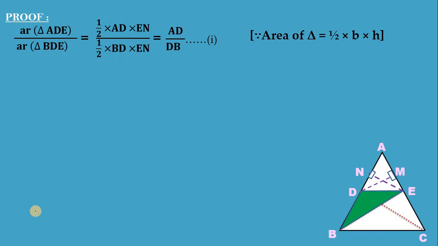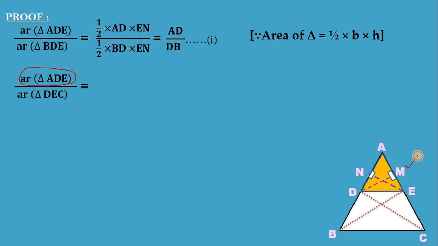So next, let us move on to the further step. The same steps will be followed here also. First let us find the area of triangle ADE. Look at the figure. For the same triangle, but now we have to take the base as AE and the height as DM. So here half into base AE and height DM.